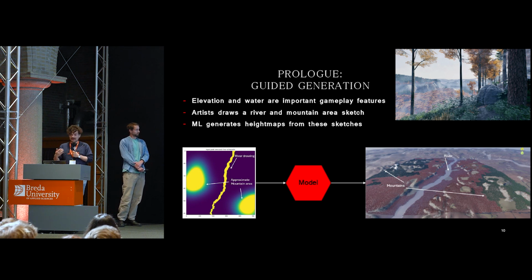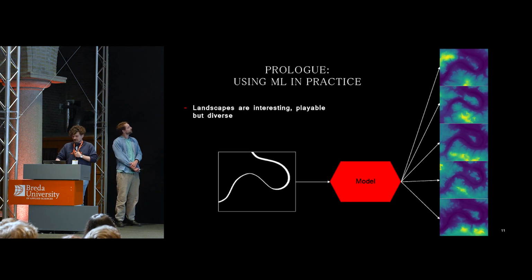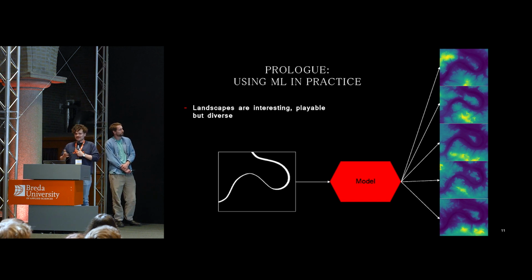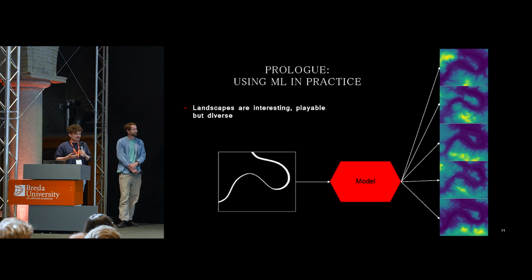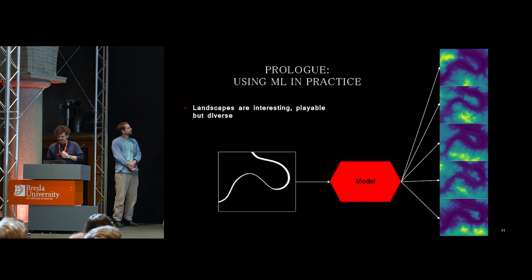When we do this, and we have put this in the game, here we go. We find that even with one river schematic, passing this through the model 5 different times, we get maps that all encode this gameplay, the fact of the river going this way across the map, but the individual maps feel different every time because the small scale and medium scale structure of the map is completely different. We haven't yet had any complaints from players saying, I've gotten the same river twice. People actually find that the maps are different and fun.